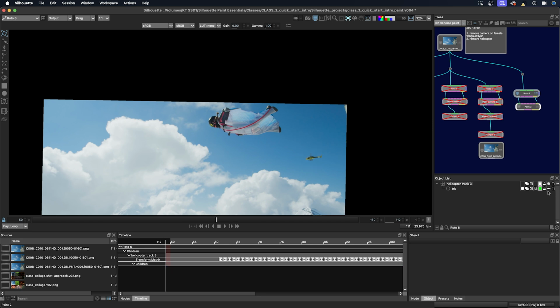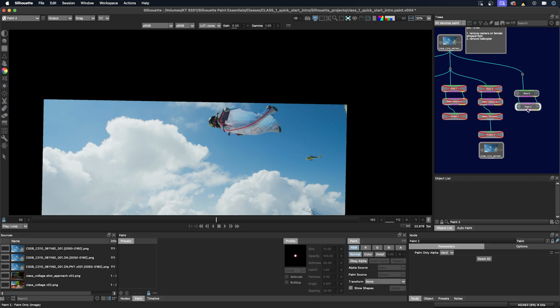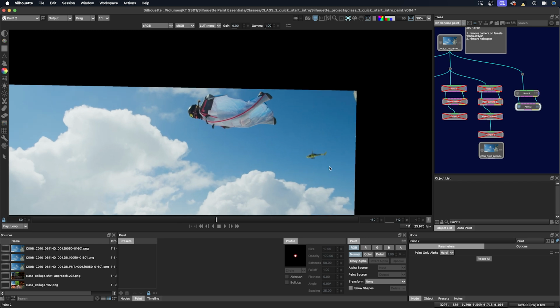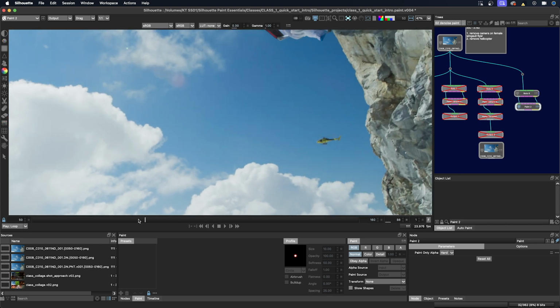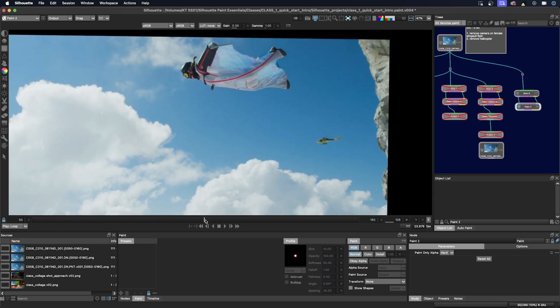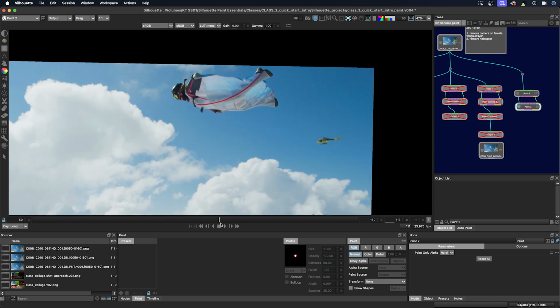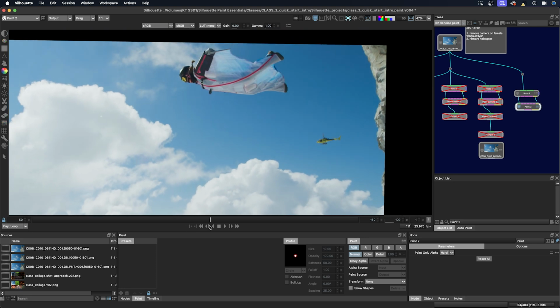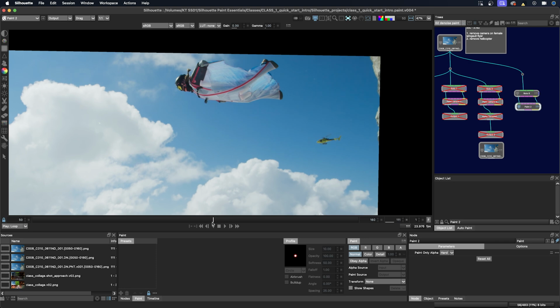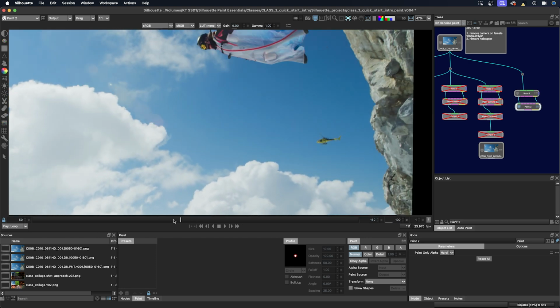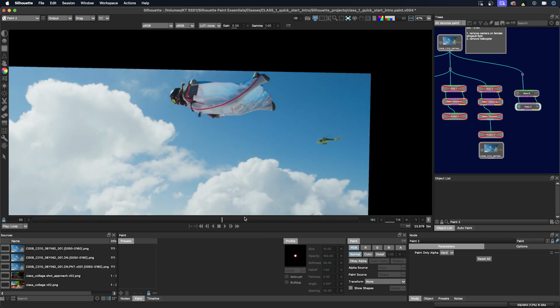I'm going to disable the visibility on that shape and we'll go to the paint node. I'm going to maybe zoom in a little bit, hold down the shift and the middle mouse or whatever button is programmed to the middle button on your Wacom pen. And we're going to find a frame where we can make a paint stroke. So we're looking for a frame that is kind of in the middle where most of the shot will be consistent if I paint from one of the middle frames and not the end or the beginning. And I also want to make sure that I'm not going to bring in some of the wingsuit flyer.